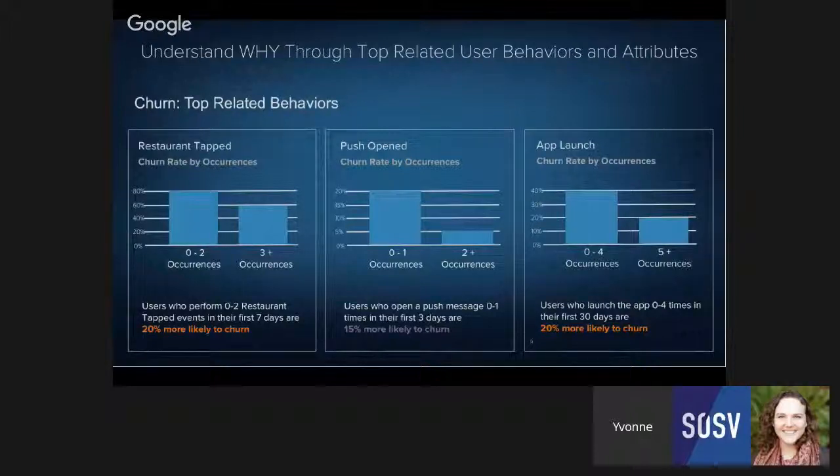One way we also think about this is what Facebook did in the early days with friends, where they found that the sweet number of friends that indicated whether a user was going to stick with Facebook or leave Facebook was 7 friends. So we're trying to do something similar here with churn or conversion, to give you those leading indicators so that you can focus on them and get your users to exhibit specific behaviors that are more likely to get them to stick around.